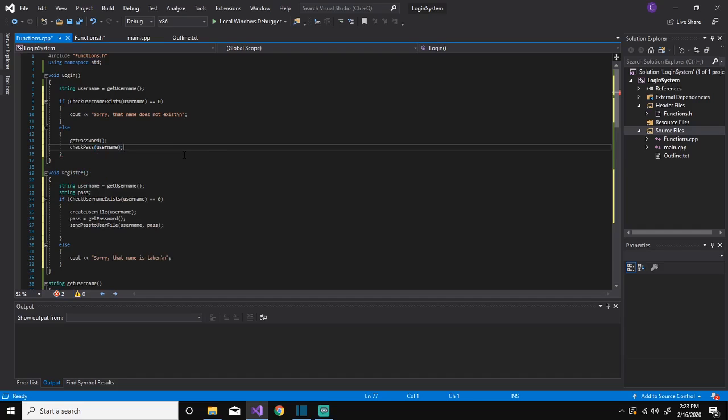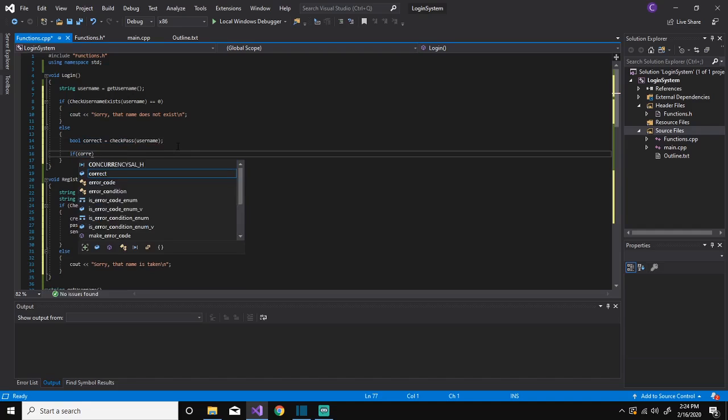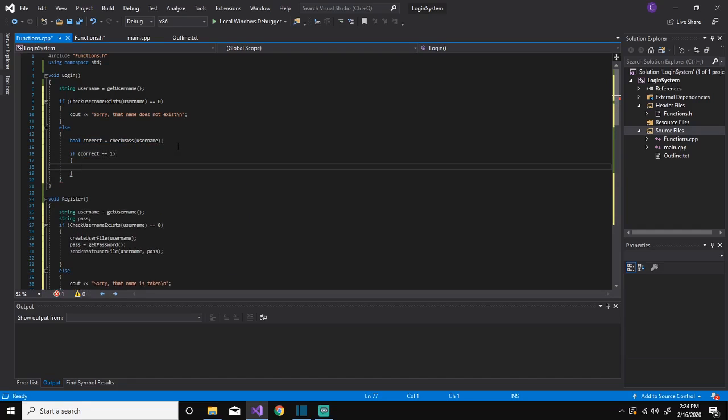Yeah, okay. So we can actually get rid of this because we're getting the password in the function. So check pass username. So we check the password, and we actually have to create a variable of type bool. So correct, that's what we'll call it, equals check pass. If correct equals 1, which means the password was right,